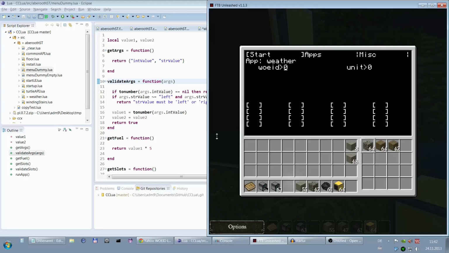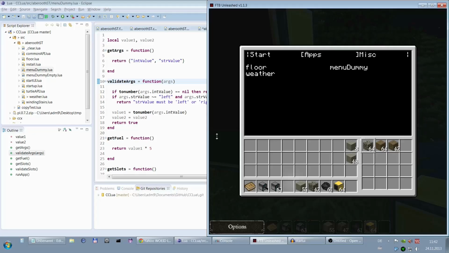Okay, there are 3 pages. The first page is the start page. Here you can see the current application and its parameters. The second page is the apps page. Here you can see a list of all applications that are available. And the third page is the misc page, which is not